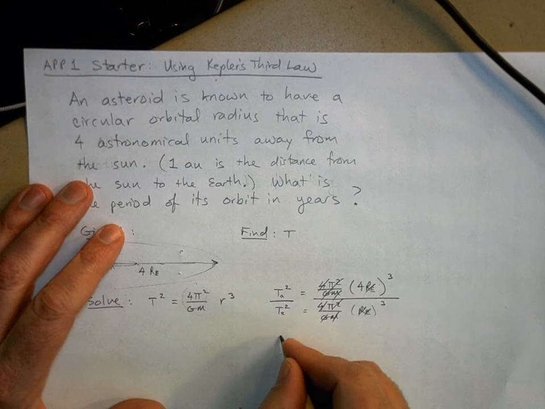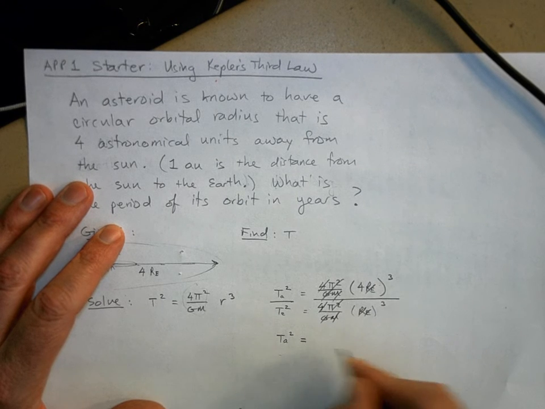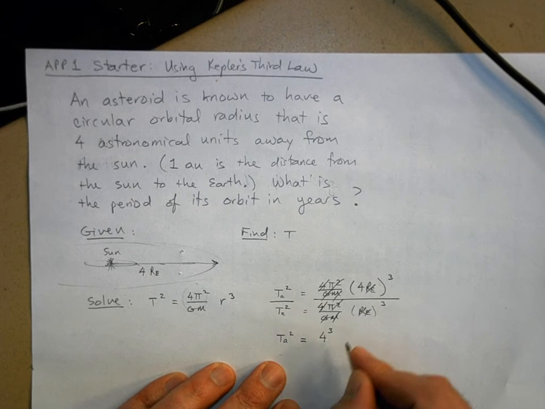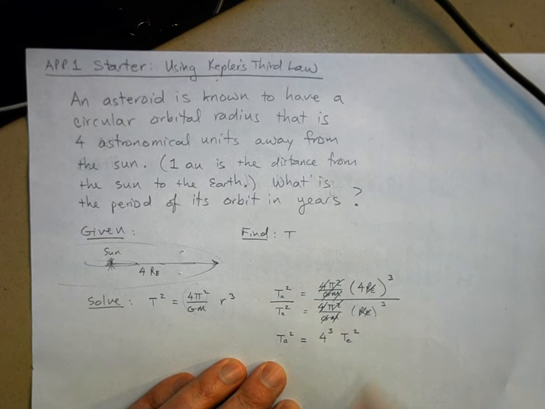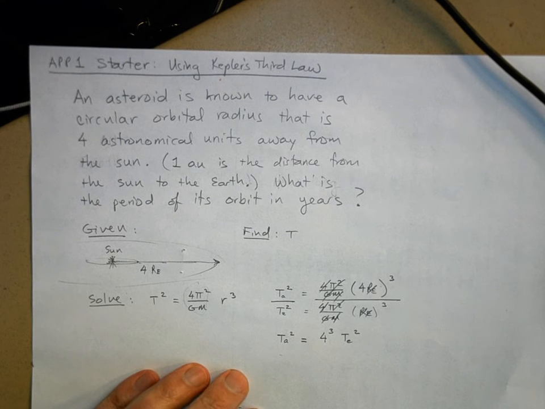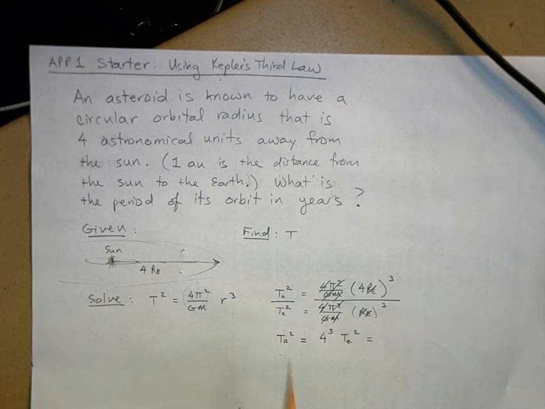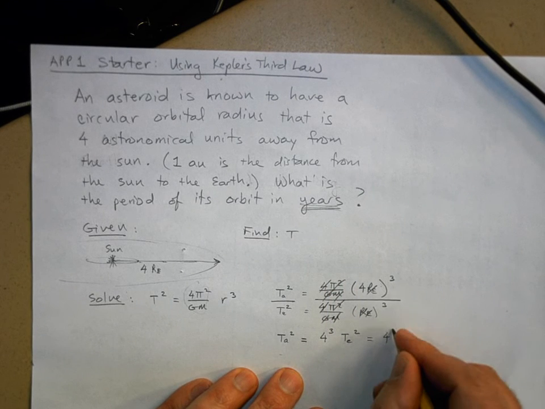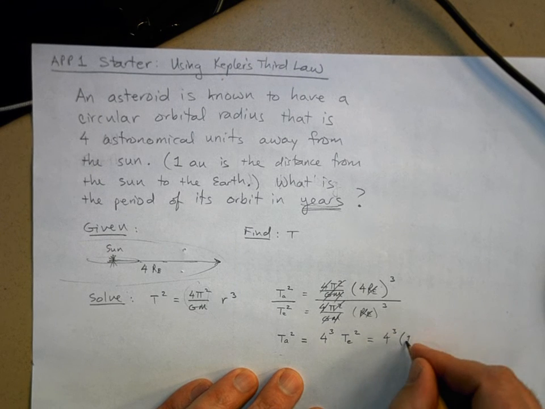So we can say that the period of the orbit of the asteroid squared is equal to 4 cubed times the period of the Earth squared. Now what is the period of the Earth? Well, we want it in years. So this is going to be 4 cubed times 1 year